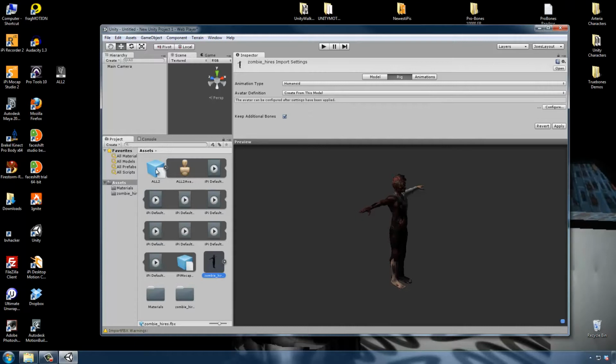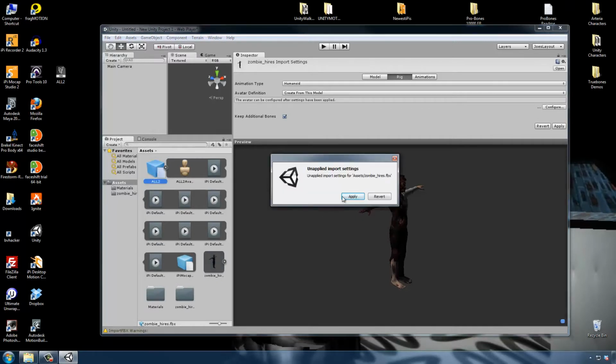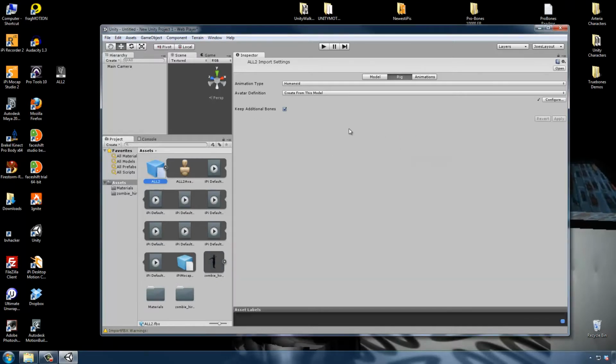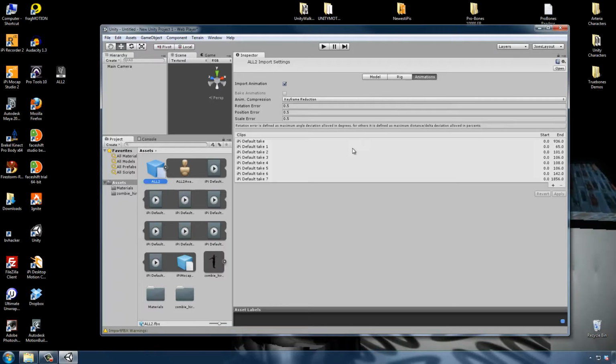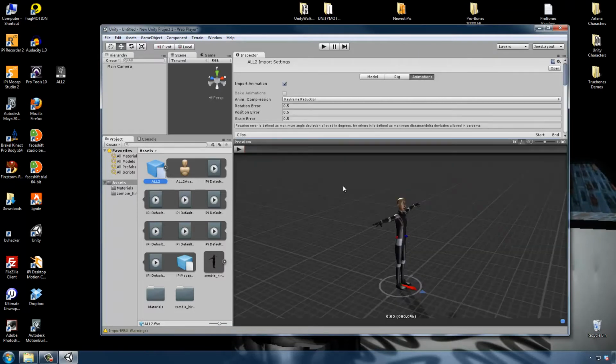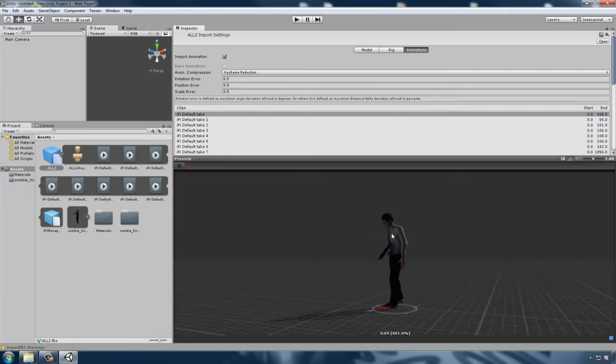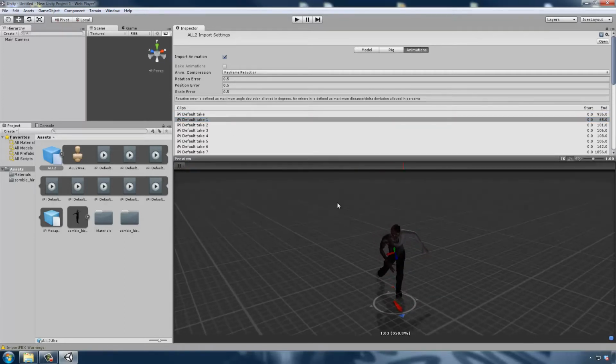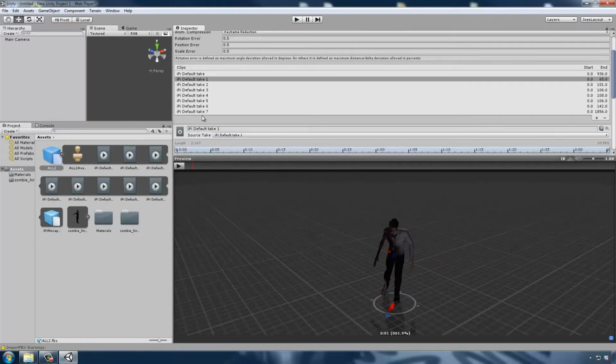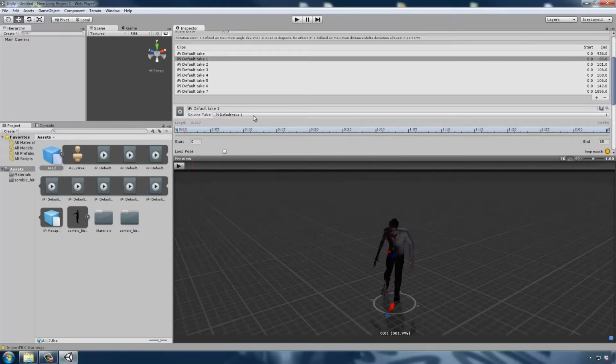Then come back over here, click on the box, hit Apply, and then when you click on the Animations tab you'll see a list of all the animations. So drag zombie over to the preview and you will see that the zombie is now doing the motions that are in the takes. So the first thing we're going to do is create new takes